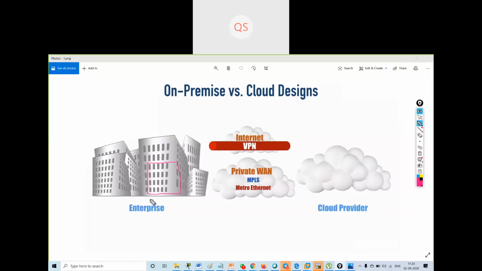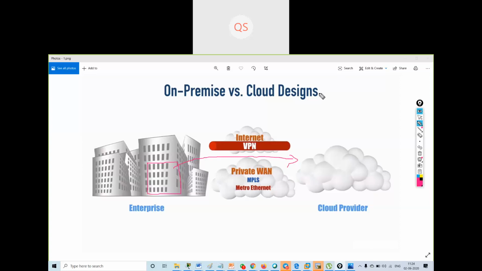So a lot of enterprises are now migrating their data centers from being on site, on premises, to the cloud. They partner with a cloud provider such as Amazon, Google, or Microsoft, and they can use virtual servers up in the cloud.